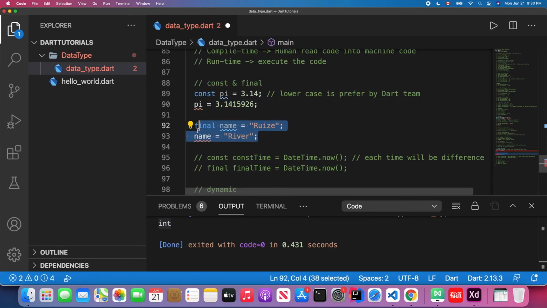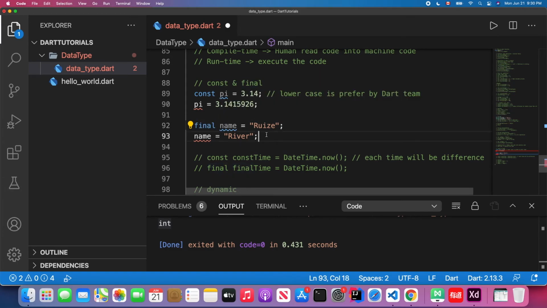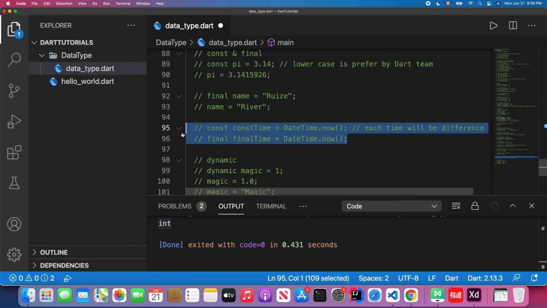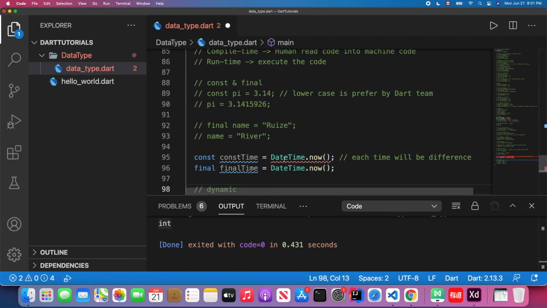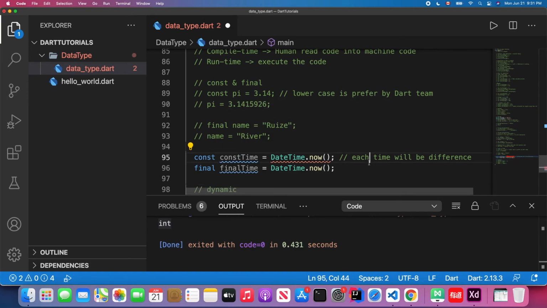I think it's the same for final. So for const and final, you cannot change those values. So what's the difference between const and final? Let me show the next example so you can see the difference between those two. The const keyword will be determined at compile time, right? You see here I get